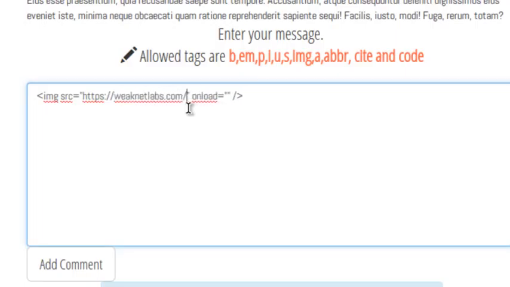https://weaknetlabs.com/images/logo.php, or I'm sorry, .png. I'm just going to paste the image in the page as a comment, because for now I'm going to